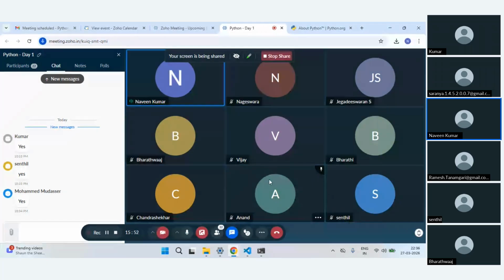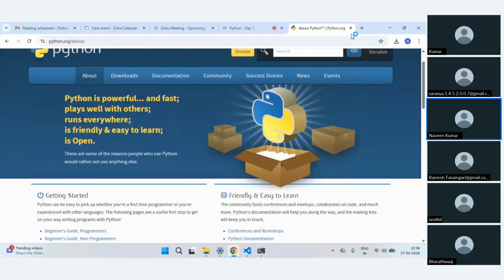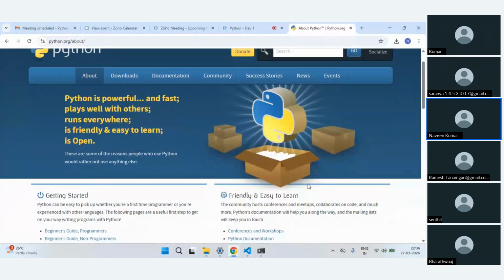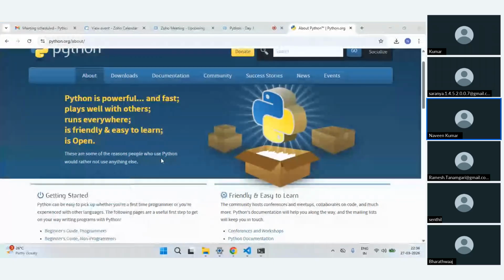And by the way, I will not have any slides, I will just talk. As I said, initially it will be a little bit of theory, then it's going to be all practicals. We have two types of classification: one is high level, and the other is low level. Python falls under high level language. A high level language is nothing but one which is easy for humans to read.